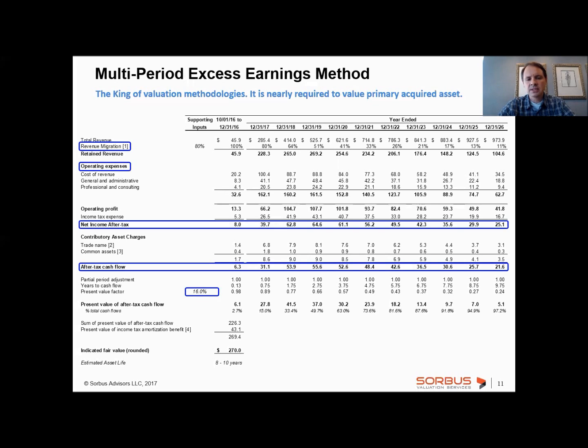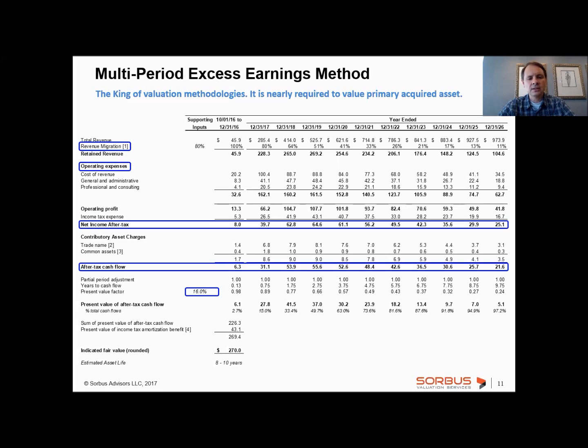Now, operating expenses are typically attributed purely based on percent of revenue from the overall company forecast. However, there might be adjustments there. And the operating income would be affected by tax. So taxes would be subtracted from the operating income, and we would get to the net income. Net income is really an accounting-type measure that tells you how much of that accounting income you derive from the asset that you're trying to value.